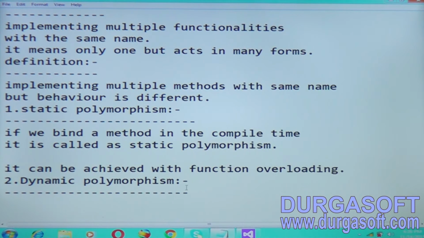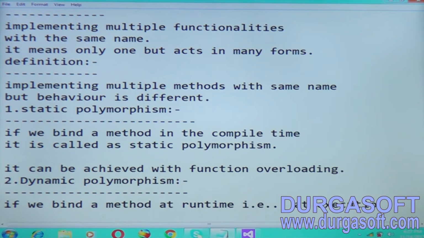And what does dynamic polymorphism mean? In dynamic polymorphism, a method is bound at runtime, that is, at execution time actually.